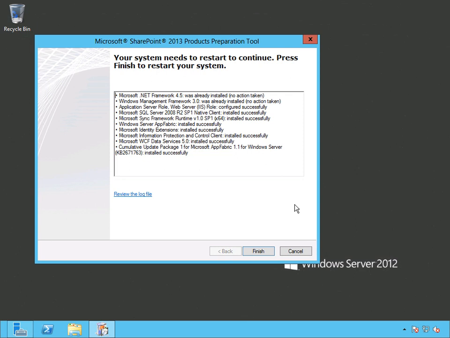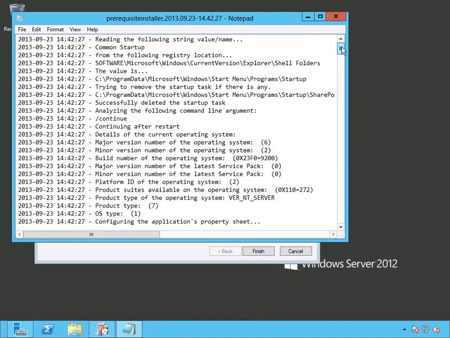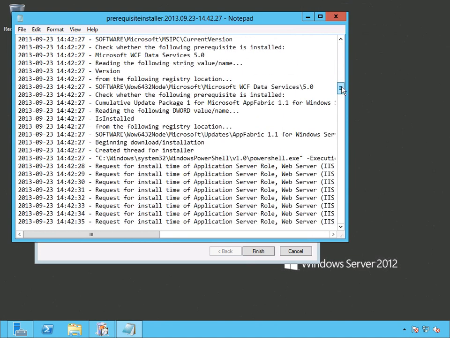And about to start. Give you a nice little thing to listen for at 28 minutes. And so now you can see after a reboot and a good bit of downloading and installing, we can look down our preparation tool and see that we already had Microsoft .NET Framework 4.5. We already had Windows Management Framework, and everything else was installed successfully. Run down through there. If we feel like it, and I'm sure many of you will, we can review the log and run down and see everything that occurred and see